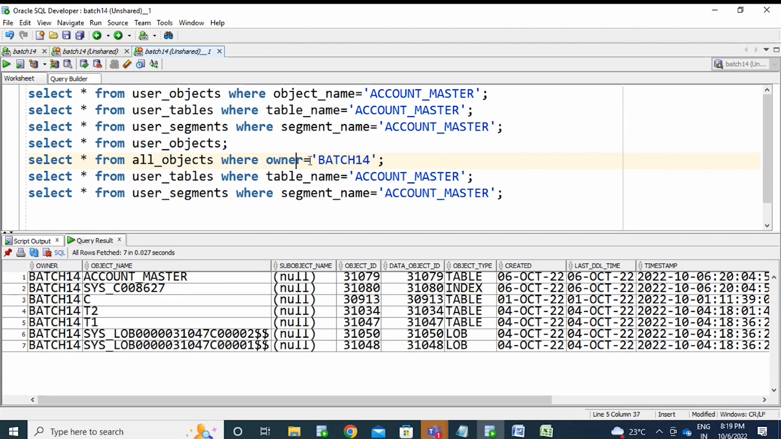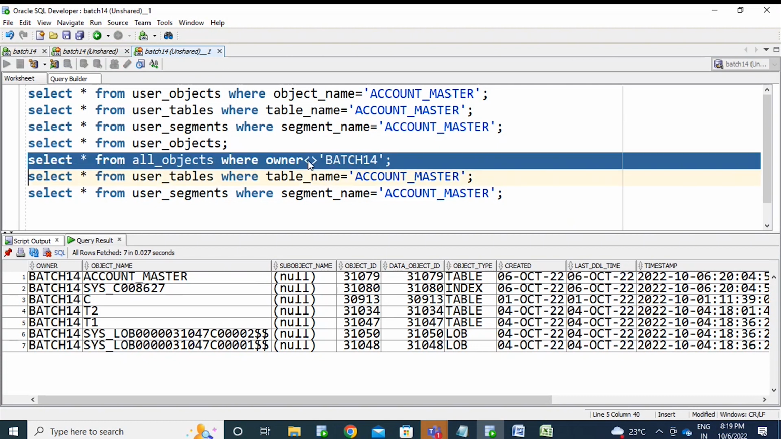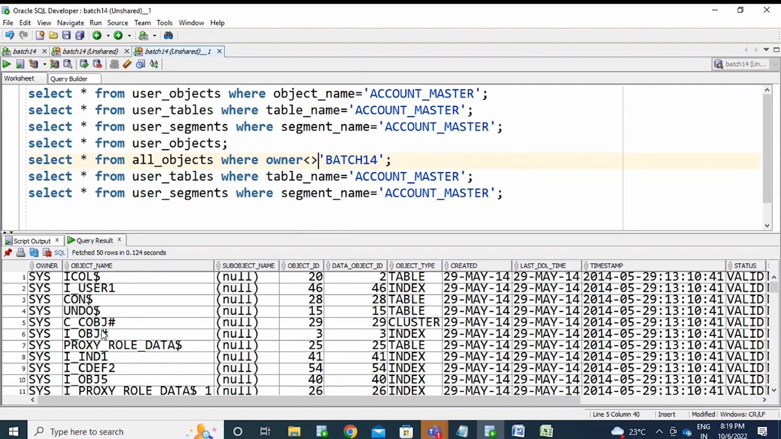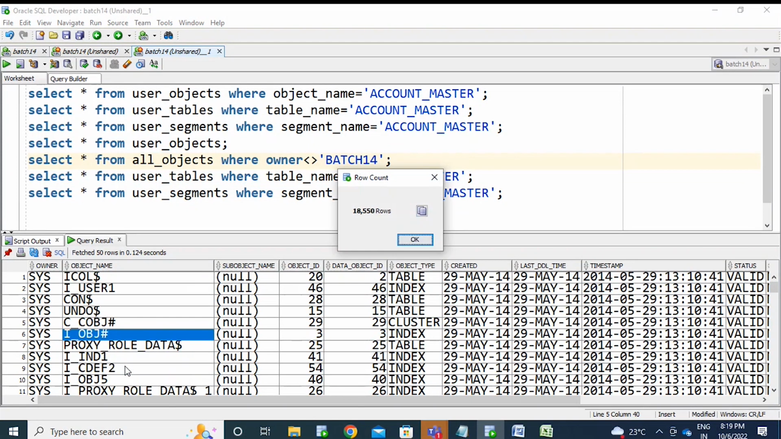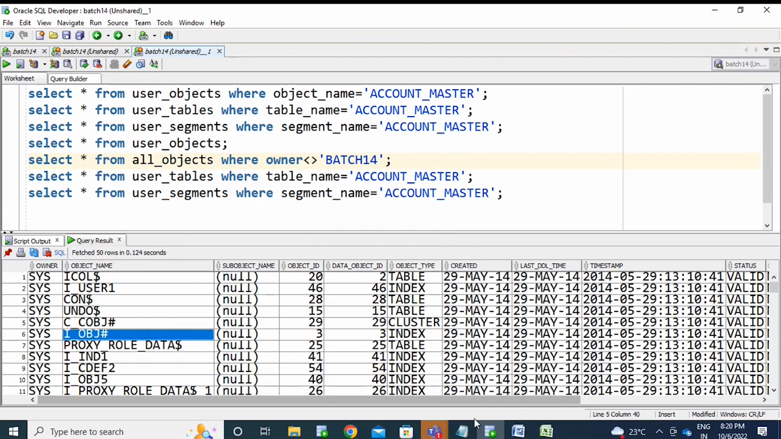Now with not equal to, I don't need to see my own information; I need to see the rest of the users' information. You can see these things. In this we have 18,000 records. For now,